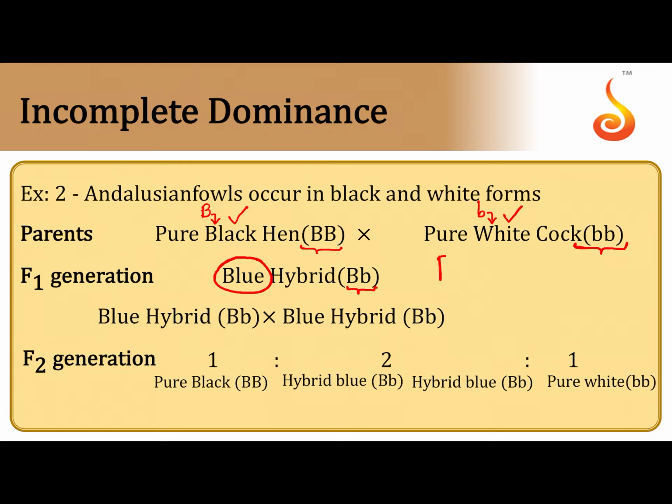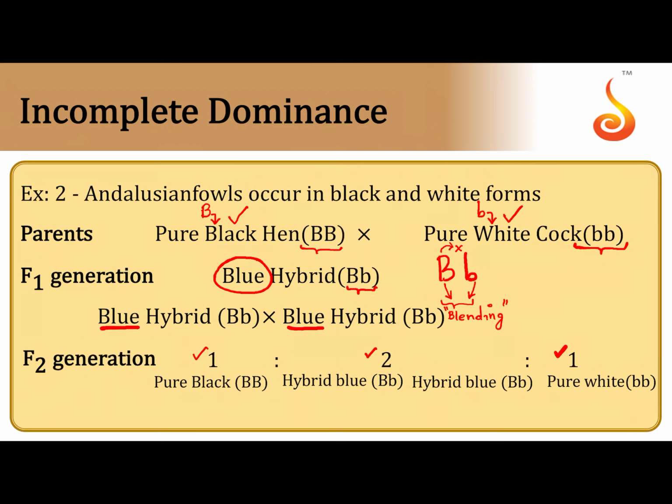So we can say that when capital B and small b came together, probably the capital B is not completely dominant over small b, and capital B is also expressing itself and small b is also expressing, and there is something that is happening between the two. There is a blending of the gene products, and that gives rise to an intermediate character such as the blue feather. And if you cross a fowl which has a blue feather with that of another fowl with blue feather, you will get a classical ratio in the F2 generation, 1 is to 2 is to 1.